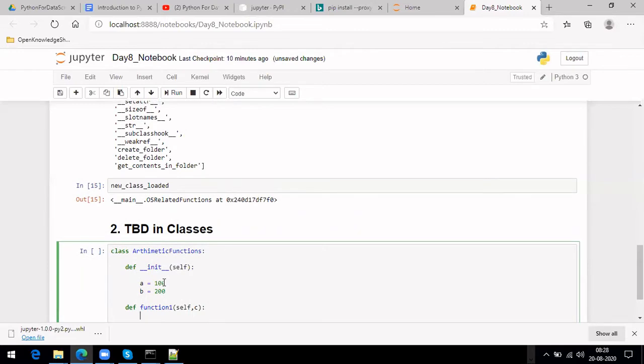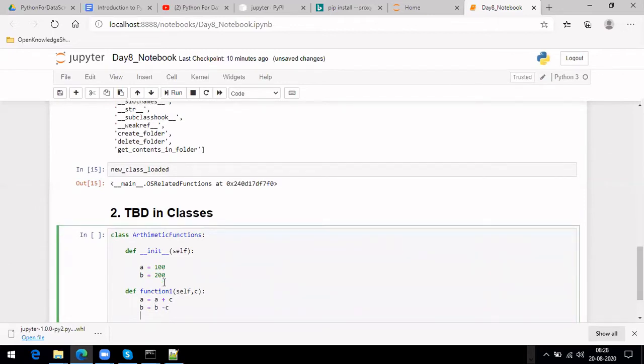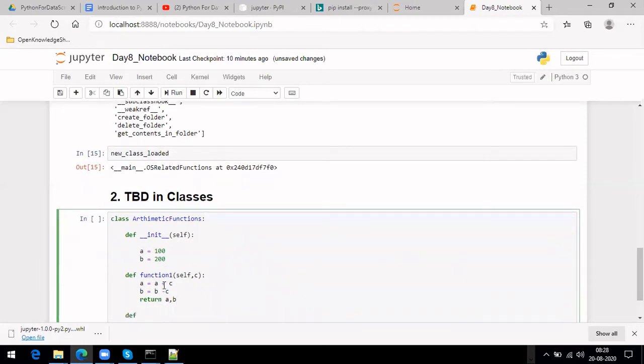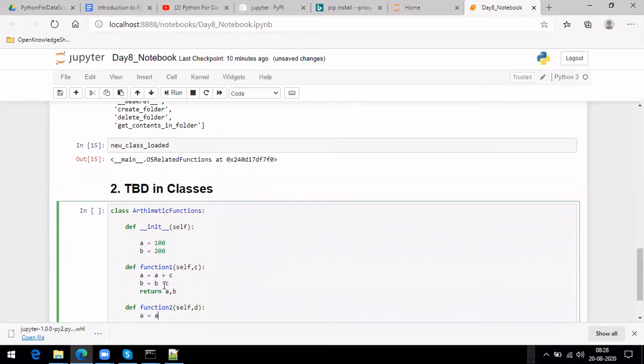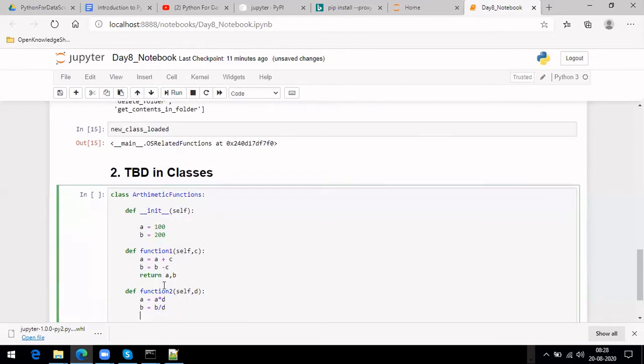What this does is it changes a to a plus c, b equal to b minus c, and returns a comma b. Then function two, with self and d, where b equals b divided by d.